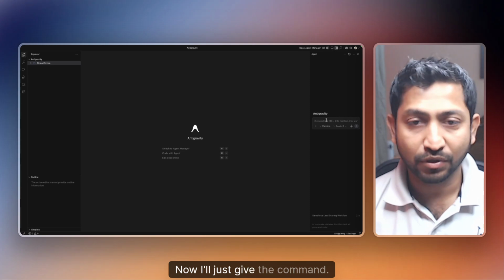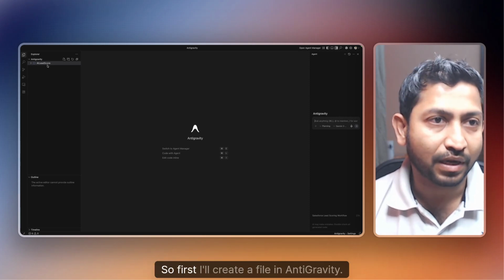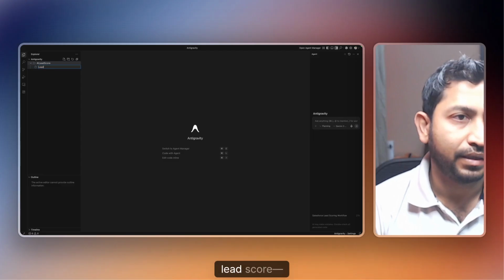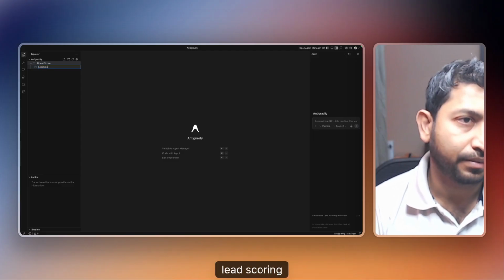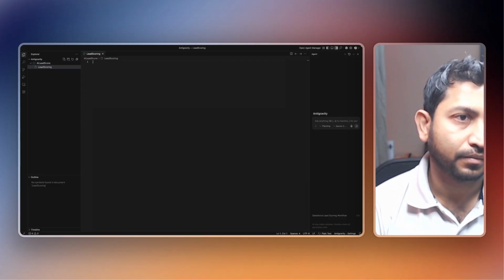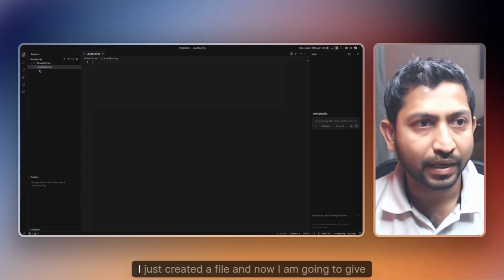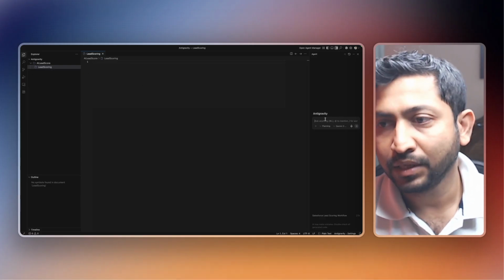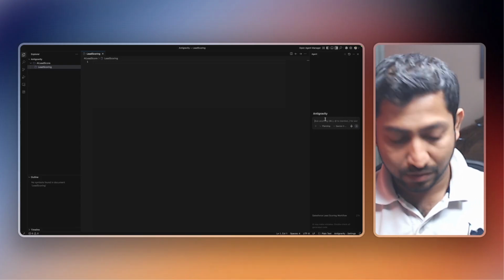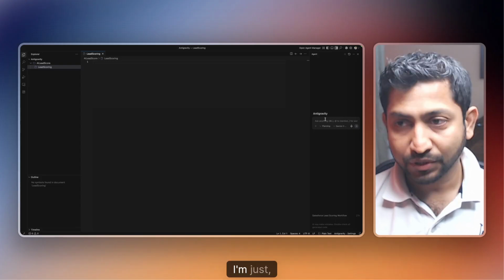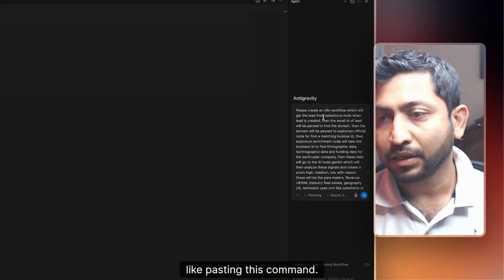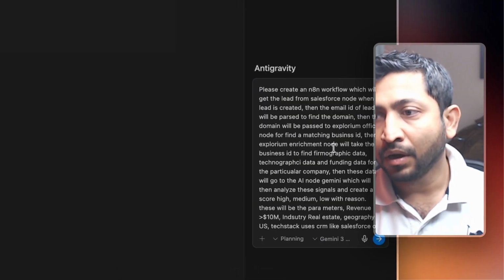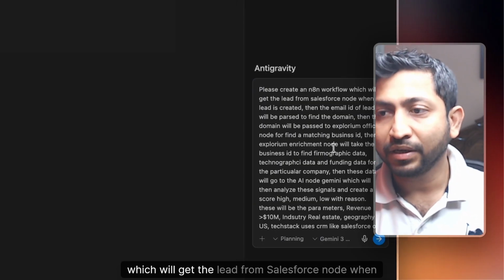So now we'll be back, and I have already given the skills to Antigravity. Now I just give the command. So first I create a file in Antigravity, let's say lead scoring. I just created a file, and now I'm going to give the command to Antigravity. I am pasting this command. What I am commanding is: please create an N8N workflow, which gets the lead from